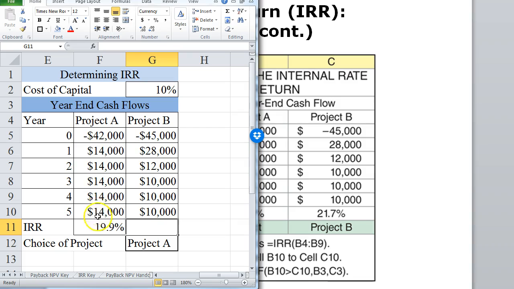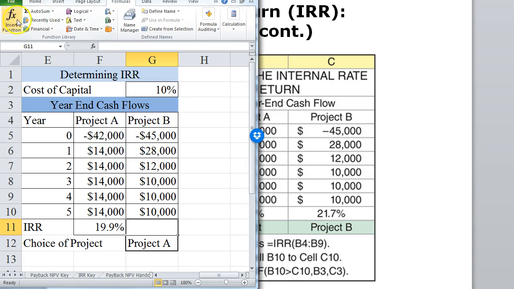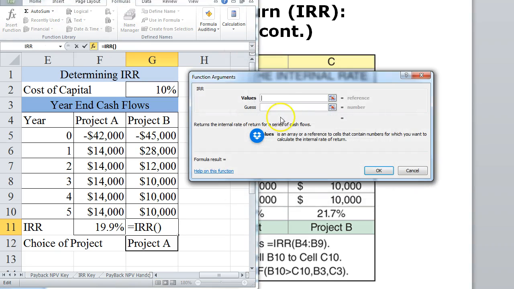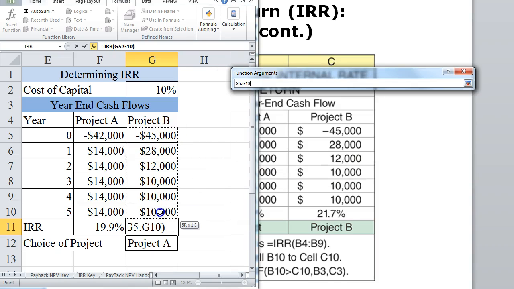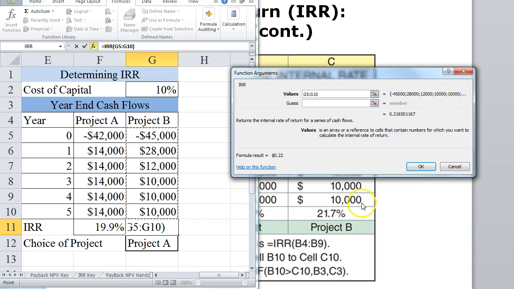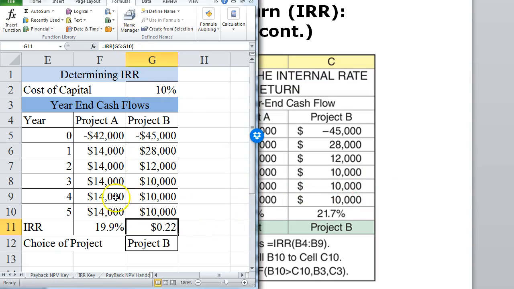Whether you're doing an annuity or a mixed stream, you can use either method. You can use the same input formula. So you just click the internal rate of return box, highlight all of the cash flows, including year 0, and hit OK. And this will return